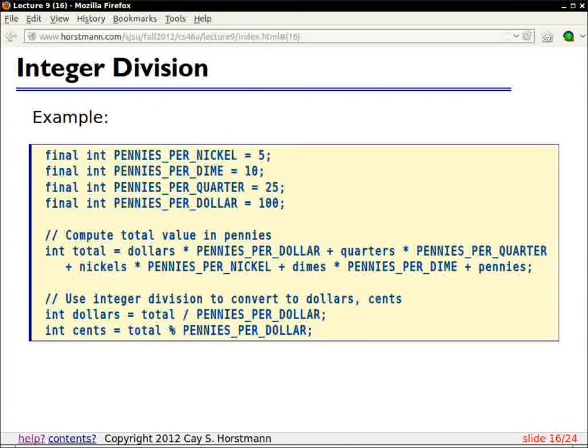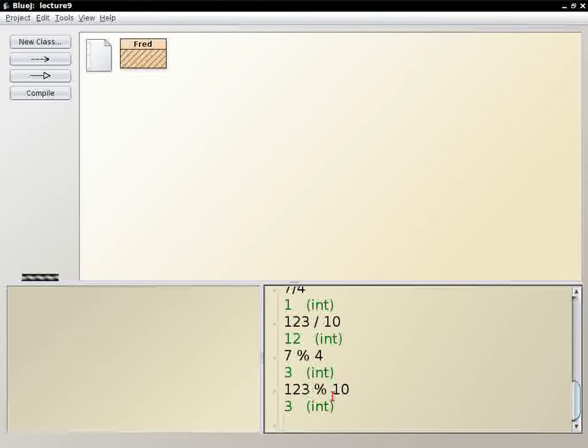So why would we ever want to have a remainder? Instead of looking at this long example, let's do something simple. Let's say you have a value in pennies. So in my piggy bank, I have 1,345 pennies. And now I may want to know how many dollars that is. And then I can divide by 100. And it'll say it's $13. So if you want the number of dollars out of the pennies, this is exactly the operation that you want.